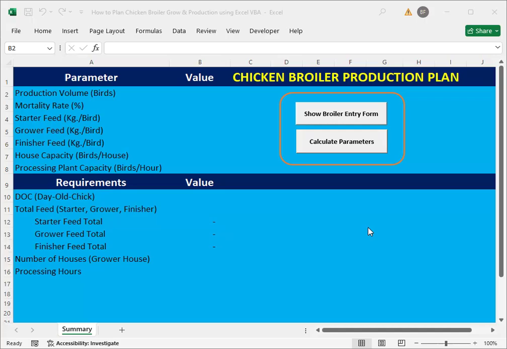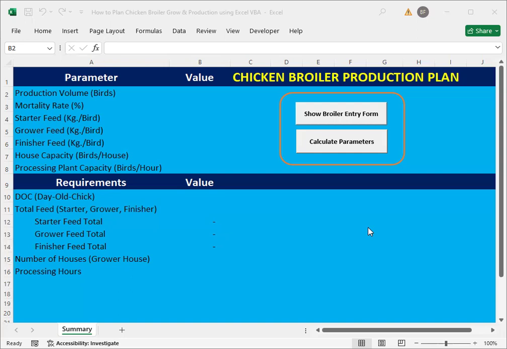So in order for us to determine the requirements like the DOC, or day-old chicks, how many day-old chicks we are going to be requiring, for example, in order for us to come up with a 1 million production volume of birds, and how many starter feed in terms of kilograms, the grower feed total, the finisher feed total, the number of grower houses that the contract grower is going to have, or the company, if it's internally built, is going to have